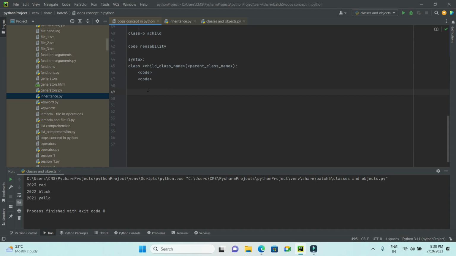See, let's say this is single inheritance. We can have multiple inheritance also. Multiple inheritance, okay. So here multiple inheritance is nothing but, let's say your parents, which means mom and dad, both